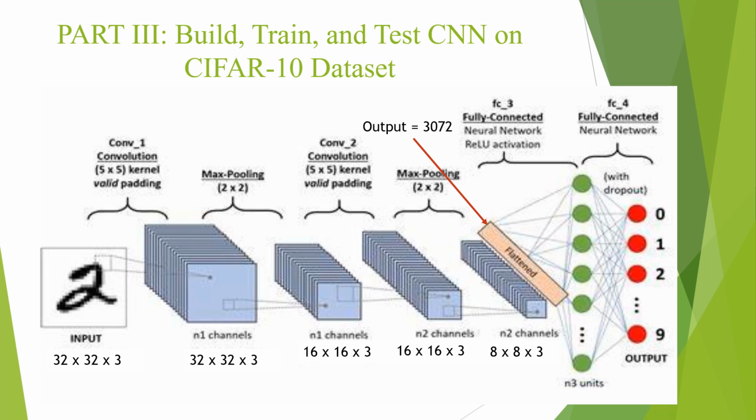It's actually 4-dimensional, but the 4th dimension is none. But the actual depth, in each one of these colors, we've got 1024 pixels. So we've got an output of 3072 pixels that's flattened into a 1-dimensional. Then that goes into the